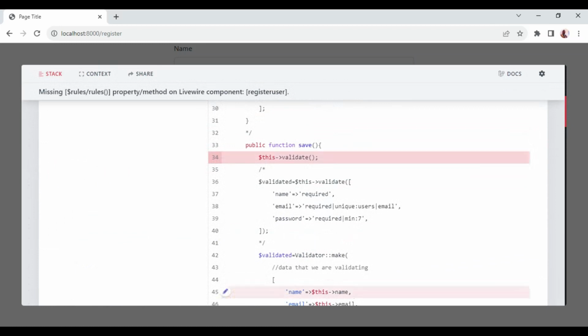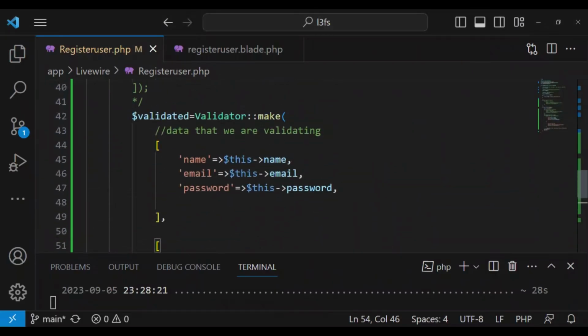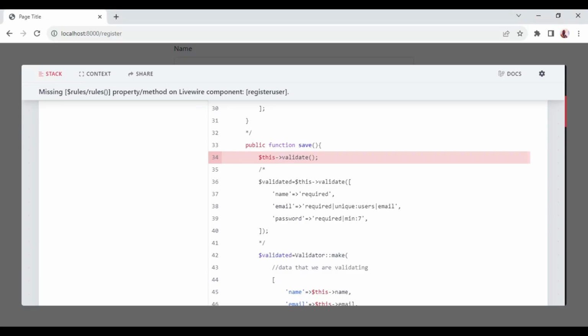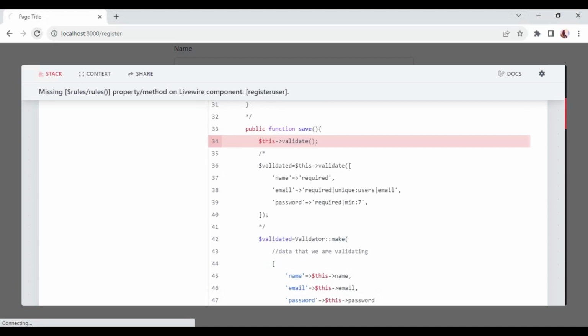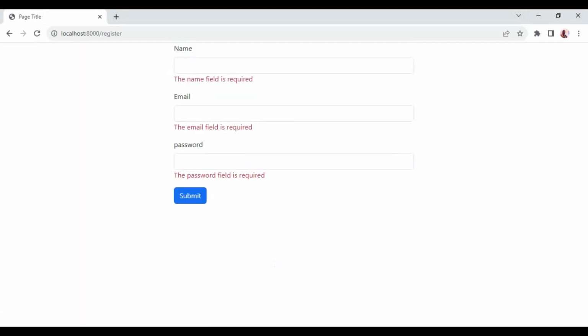Oh, I need to remove this. There's something, every other thing is okay. The challenge is that I have this validate. This is the reason why I'm having that error. So let me refresh again and attempt to submit. Now you can see still the validation is being done. And even if I attempt to type something and attempt to submit again, the password, you tell me